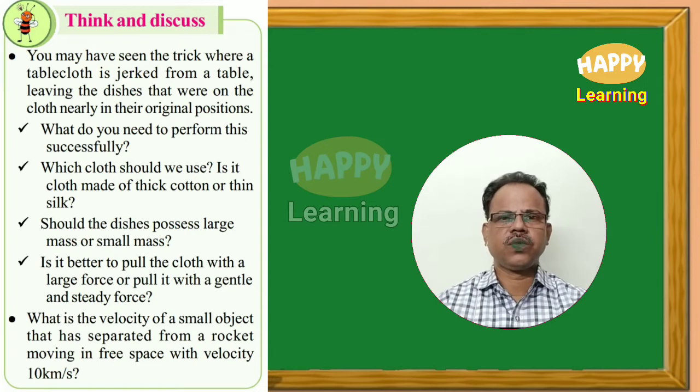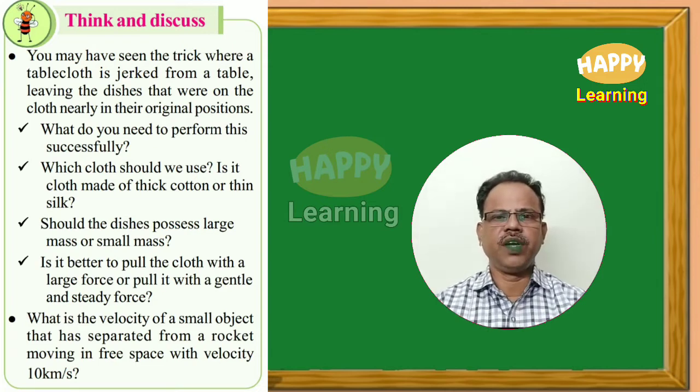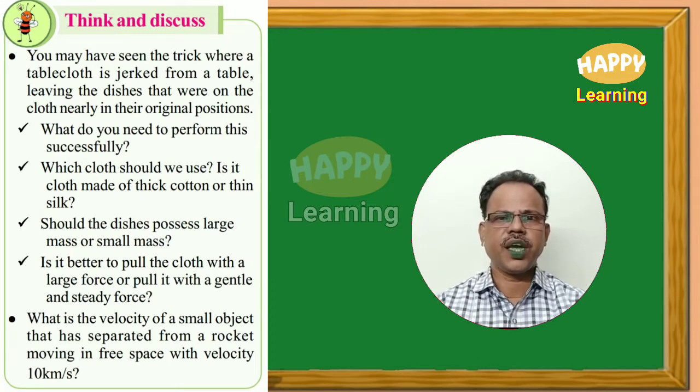See, students, to perform this activity, we need a table which is stable, like a dining table, an experimental bench in our lab, etc. It should be a heavier one. It should have sufficient mass and sufficient inertia. It should be a rigid one. It will not be good if you use PVC tables or plastic tables, which are lightweight. Use a rigid wooden table.